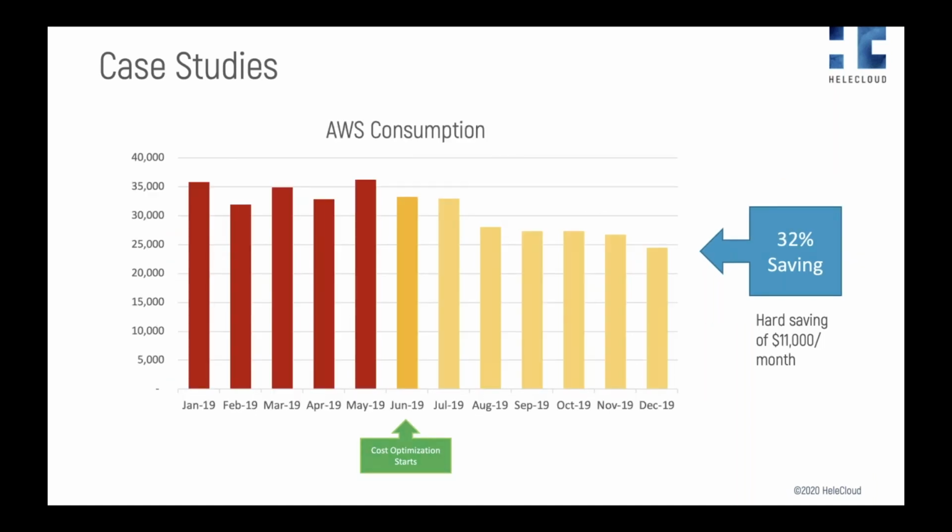The second example here shows a similar pattern. I'm sorry I can't tell you the name of these two customers, but cost and expenditure information is considered sensitive for both of them. But in this case, you can see a significant drop in August. This is when we implemented business use hours of staging and test environments rather than having them on all the time, and hence the bigger drop there.